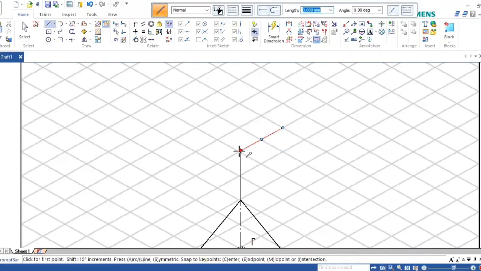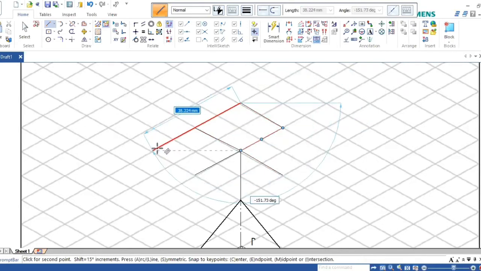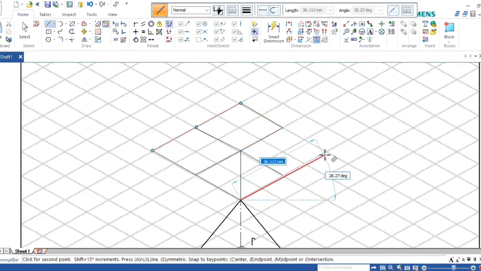20, 20, 20, 20. Construct, go to 20, total 40, this side 40, 40.